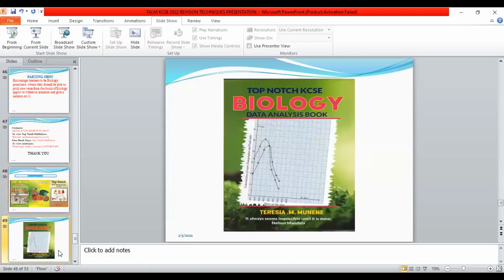Then we have the quick review. For paper 2 compulsory question number 6, we have the Top Notch KCSE Biology Data Analysis book. Again, I have looked at the common mistakes that students make, and then we have a summary of the topics that are commonly tested in that compulsory question. Then at the end of every topic, we have suggested data analysis questions, and at the end of it all, we have the graphs, whereby in order to emphasize some of the skills, we have quite a number of graphs that have been manually drawn.